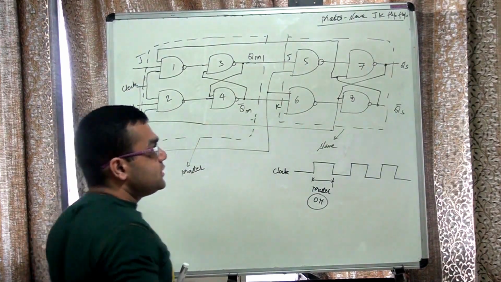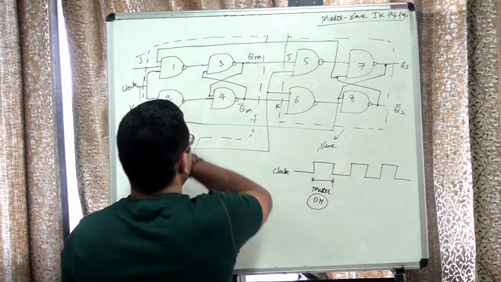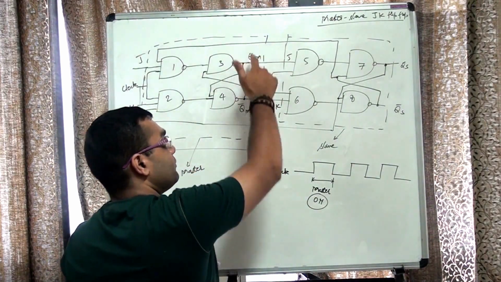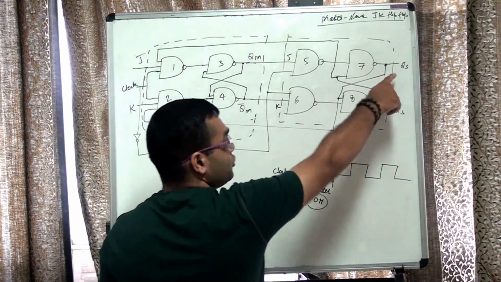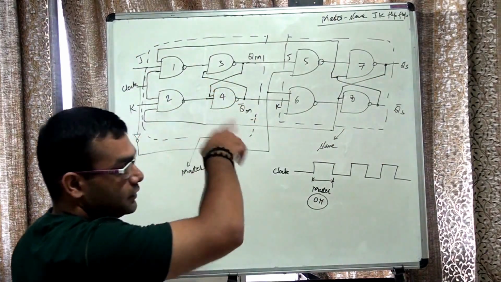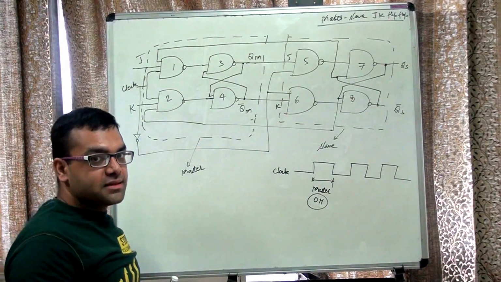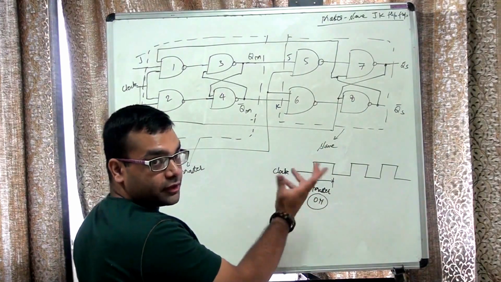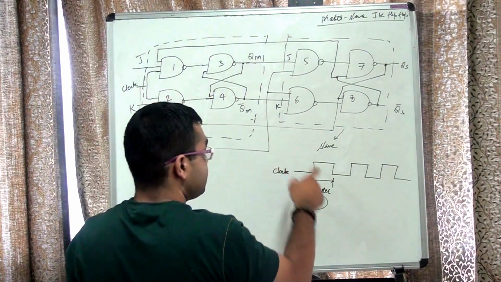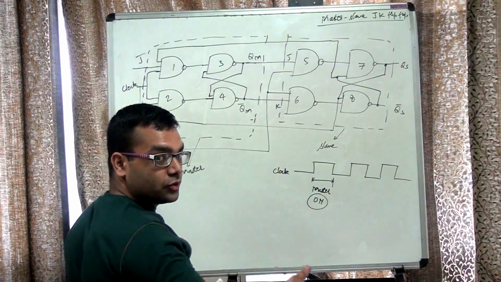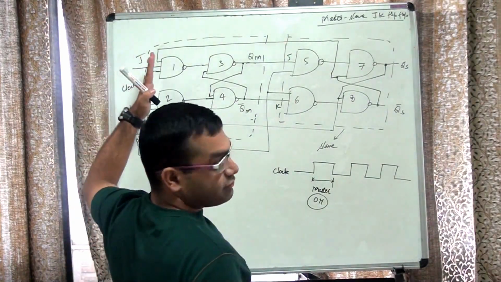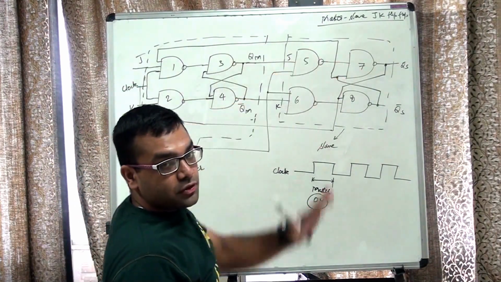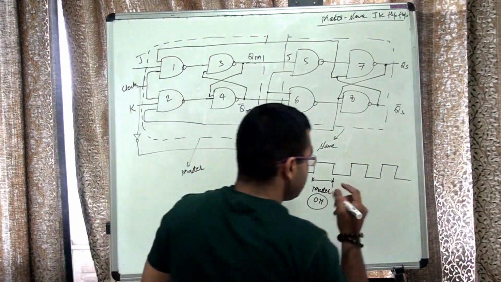You can see now my feedback path has changed. Now I am not giving the feedback to the master from QM and QM bar, rather I am giving it from QS and QS bar. During the positive clock cycle duration my master is on and working. As soon as my negative clock cycle comes, the clock goes 0, so the master becomes off. The slave's clock is the complement of 0, that is 1, so now my slave becomes active.